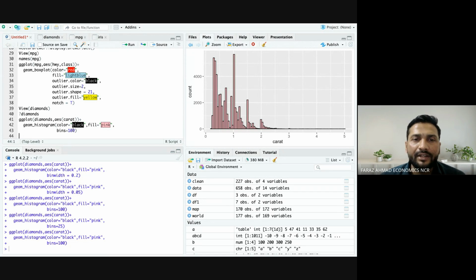So it all depends on the size of the data set. If it's a big data set, then you have this freedom of changing the bin width or number of bins, and that will enable you to see more deeply and precisely and accurately into the distribution. For example, I can see another big bar coming around 1. So now I can conclude that there are lots and lots of diamonds around a carat of 1,